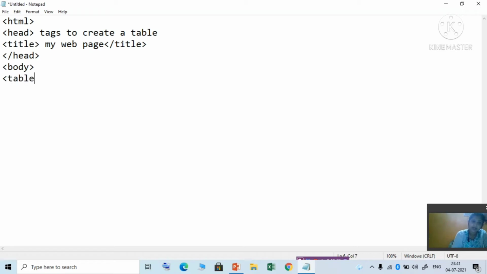The table starts with a table tag. Okay. So write table. So two tags we have read now. TR is used for table row and TD stands for table data. So write TR, and before this a caption. Caption means the heading of the table. So one example is given in your book, that one will be used.